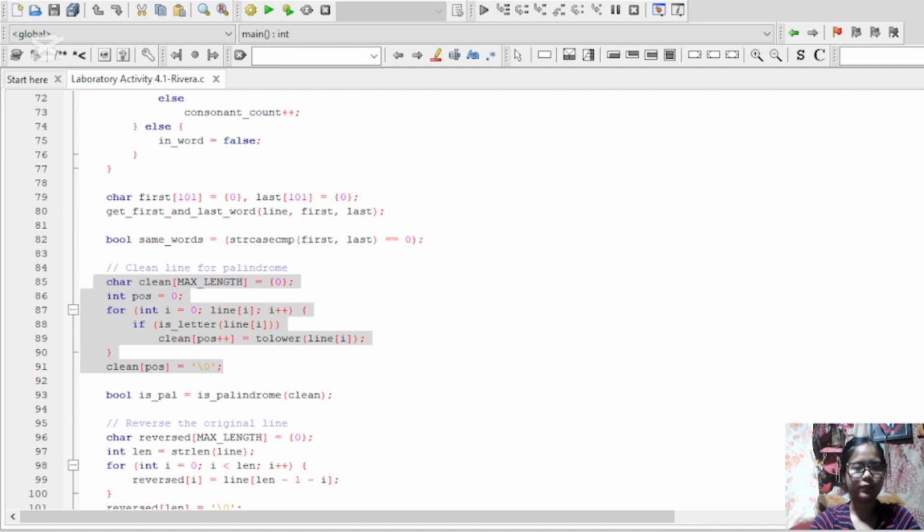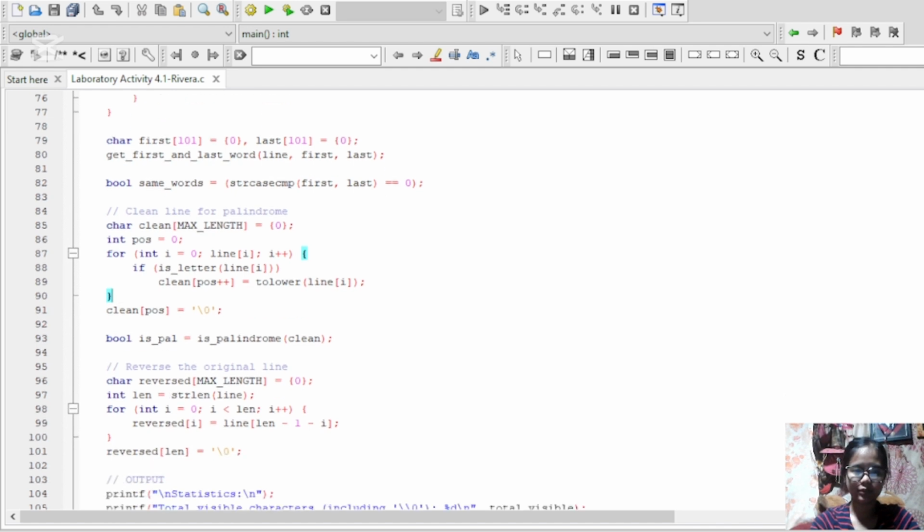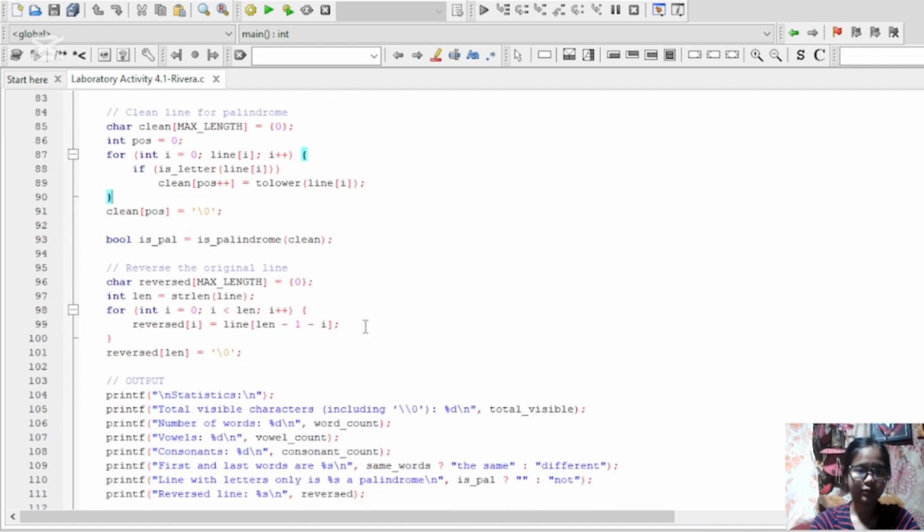So this is the palindrome check. Of course, now we check if the cleaned-up version is a palindrome. The next line, scroll down again, is the reverse of the original line.